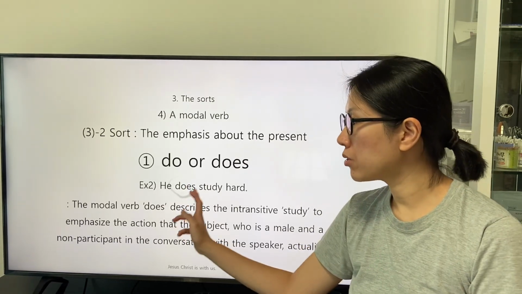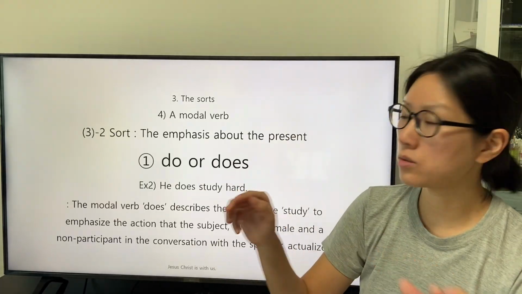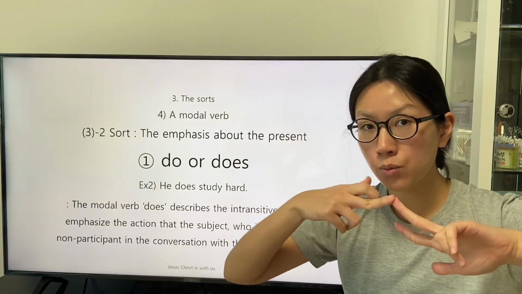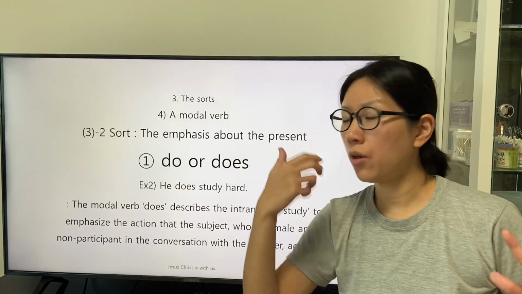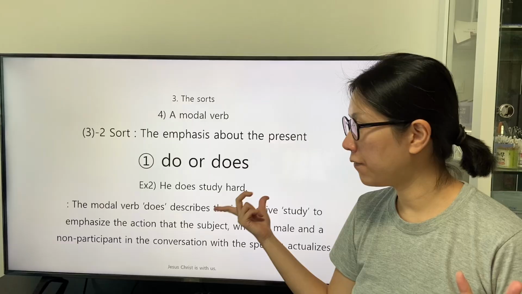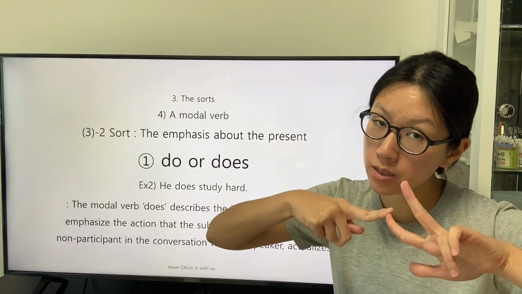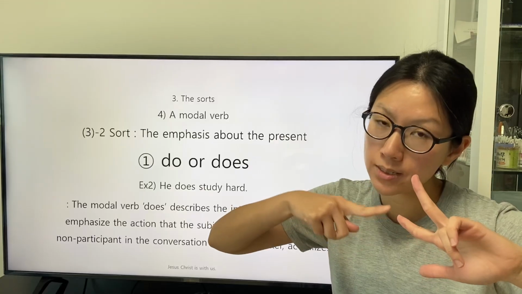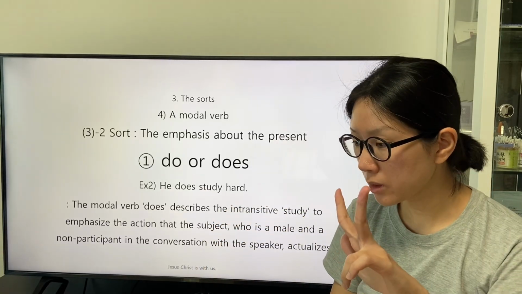As the modal verb reveals the information about the subject as the third role of the verb and the tense of the clause as the second role of the verb,